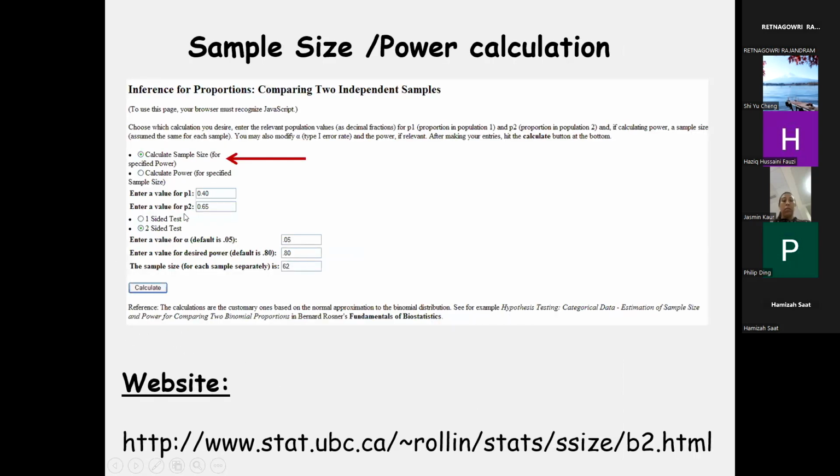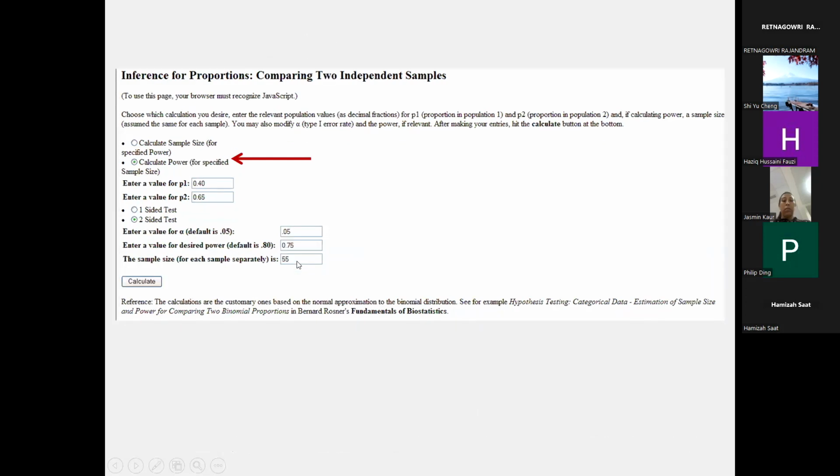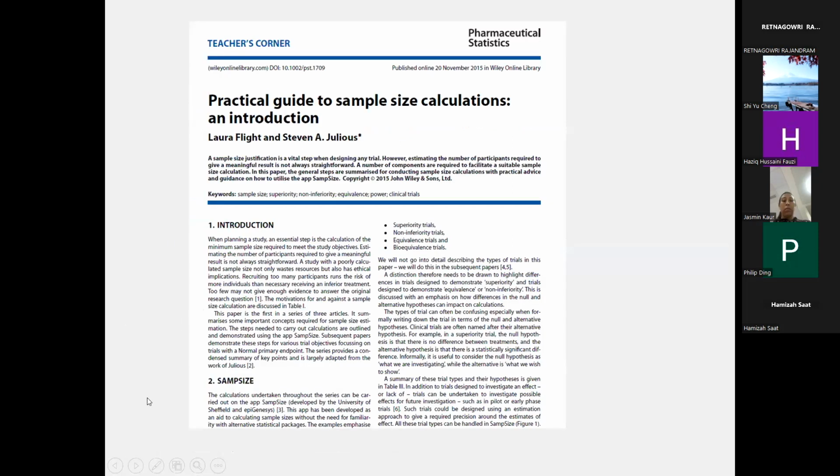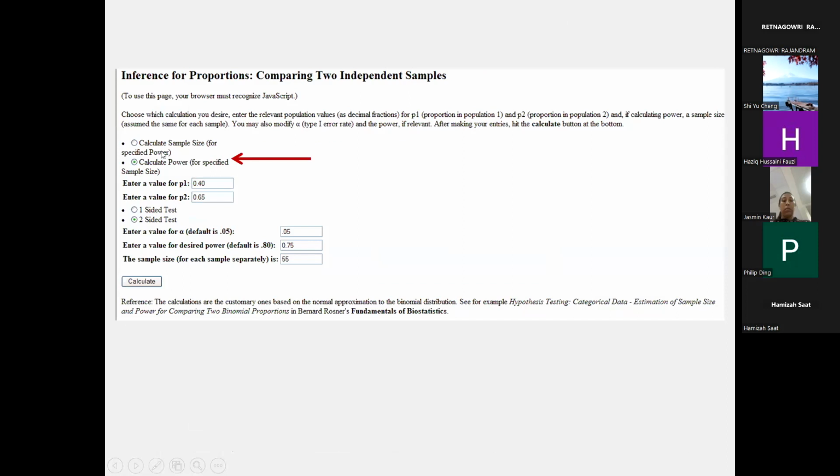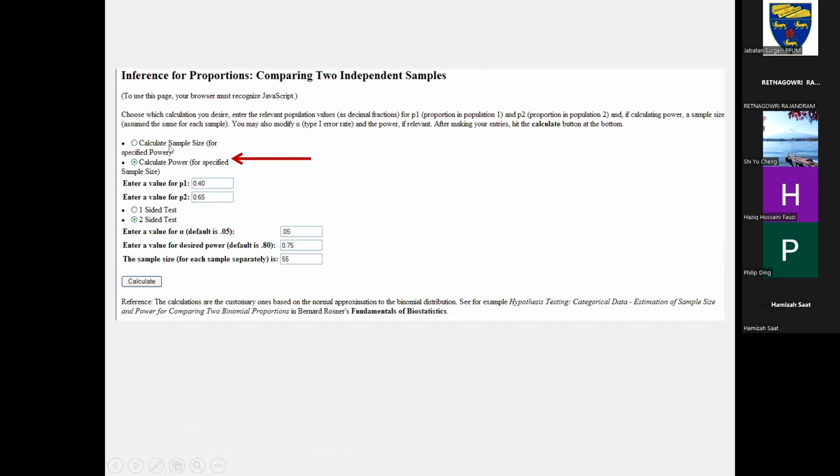This is an online website which does the same thing as that graph which I'm showing you, and for proportions. Now, the reason why this one is more useful is in case you did not calculate. Nowadays we make sure you calculate and make sure it's powered, but there was a time where people weren't calculating and you might have just collected and you're not sure whether it's powered or not. So you can actually put in what your actual results are and work out what the power is. And you can see the power is at 75%, so it's not 80% power. So it's not powered yet to represent the whole population.